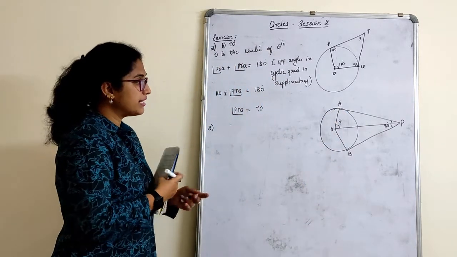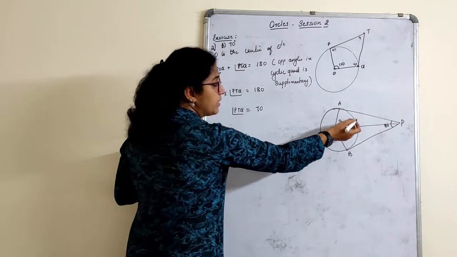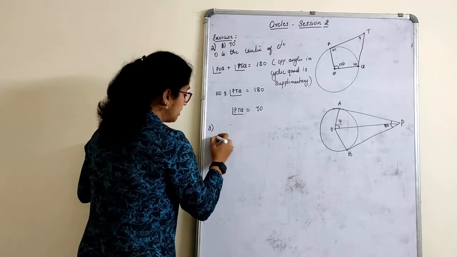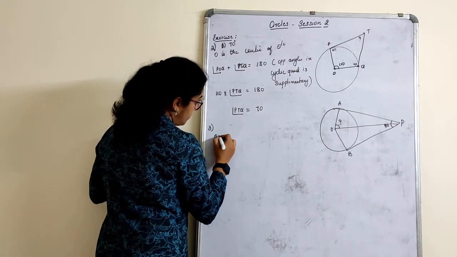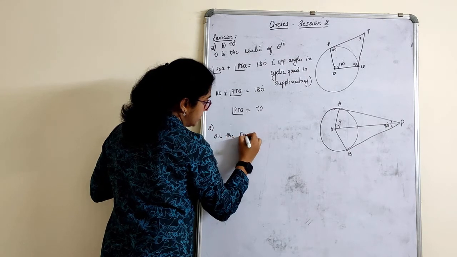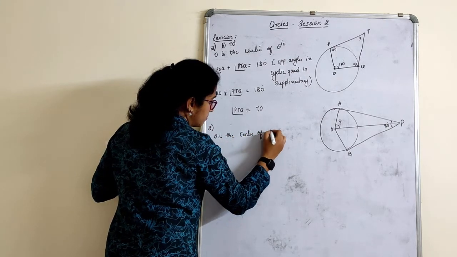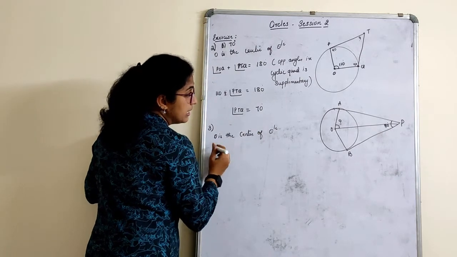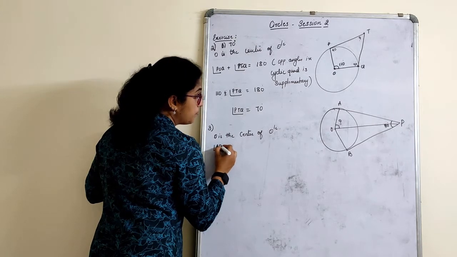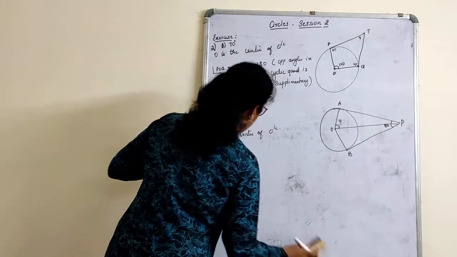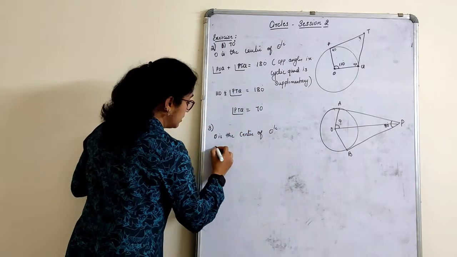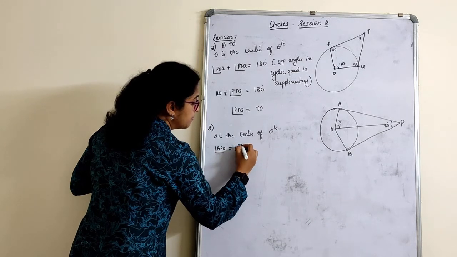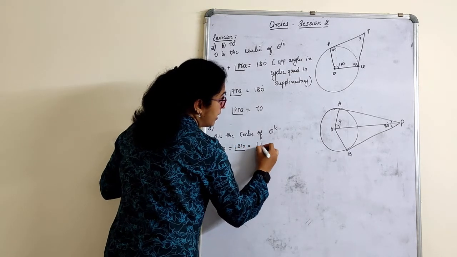Okay. Now we already know that. Now see, it becomes a lengthy procedure. Now we have proved in the theorem, we already know that those two angles are equal. Directly we can say, O is the center of the circle. Then angle APO is equal to angle BPO is equal to half angle